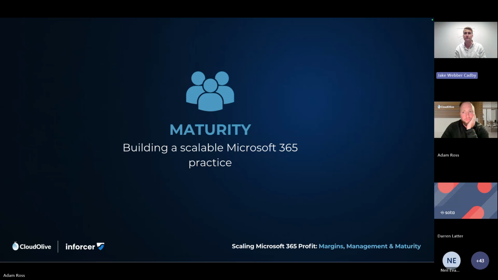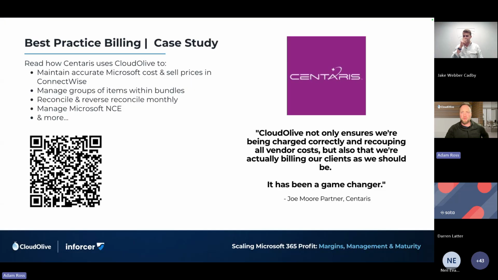Yeah, I'll speed through them because I do want to get to the offer around the RRP check that everyone's got. Most will think about it in the next couple of weeks, right, when the new July invoices come down. But I just want to share a journey of Centaurus, who are a long-standing partner now of Cloud Olive based in the US, and they've been on a journey.